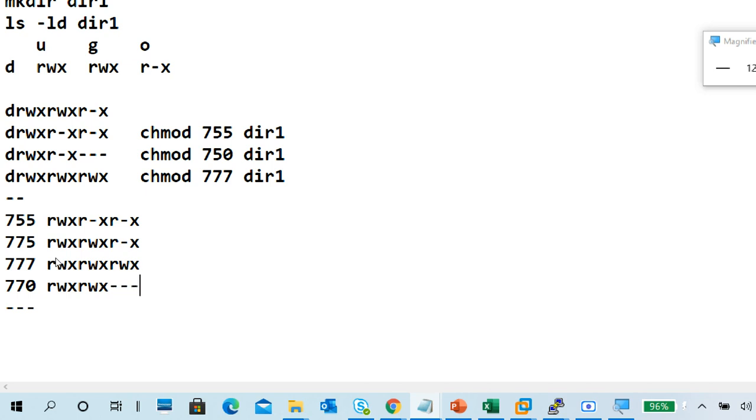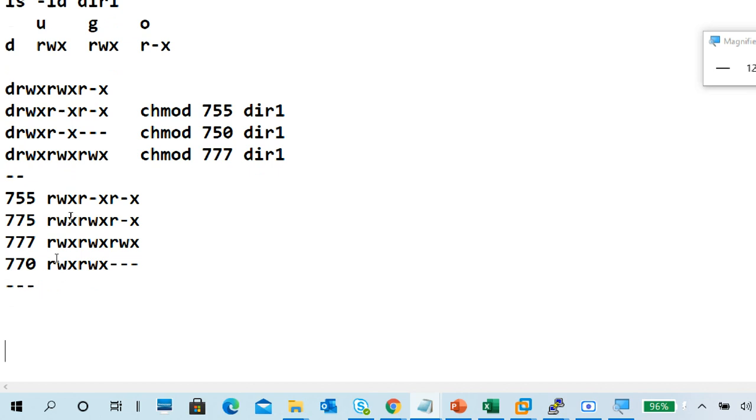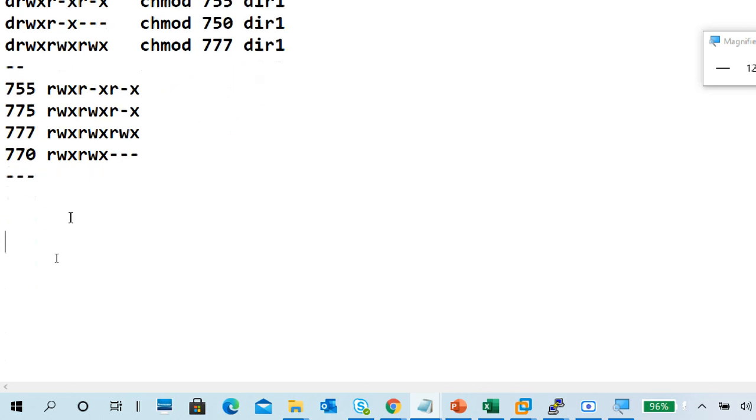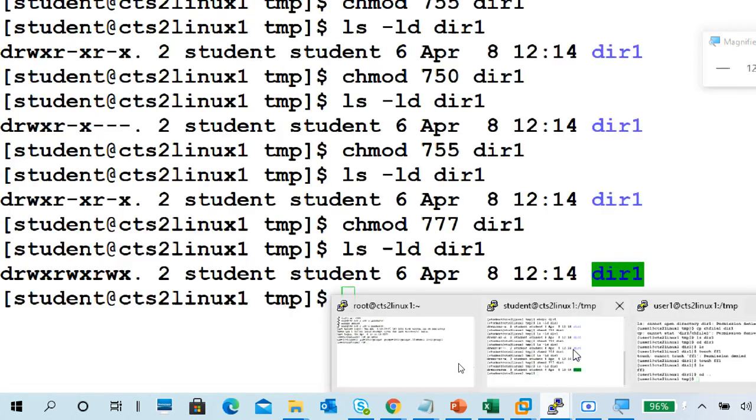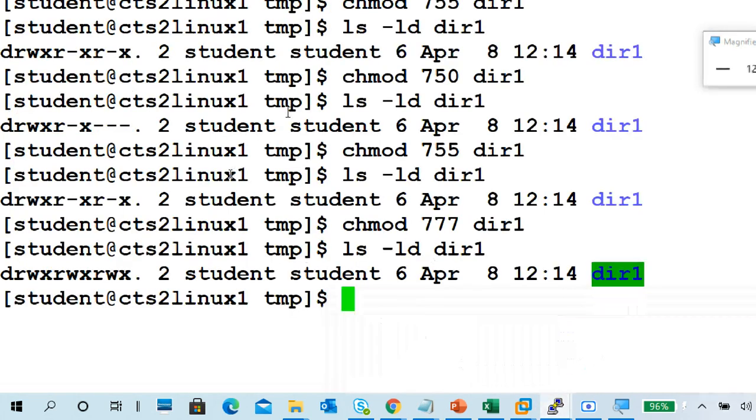It depends upon the organization, application, folder, folder content, installed application, like that. We use this kind of setup. Okay, so this is chmod. I want to tell you one more thing about this symbolic mode, but first I want to